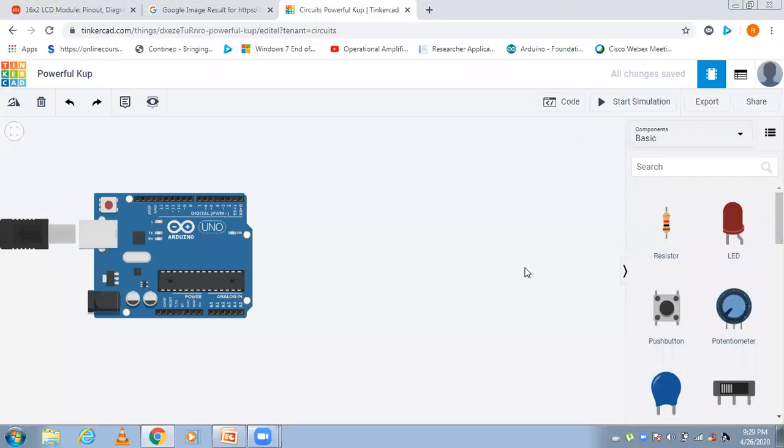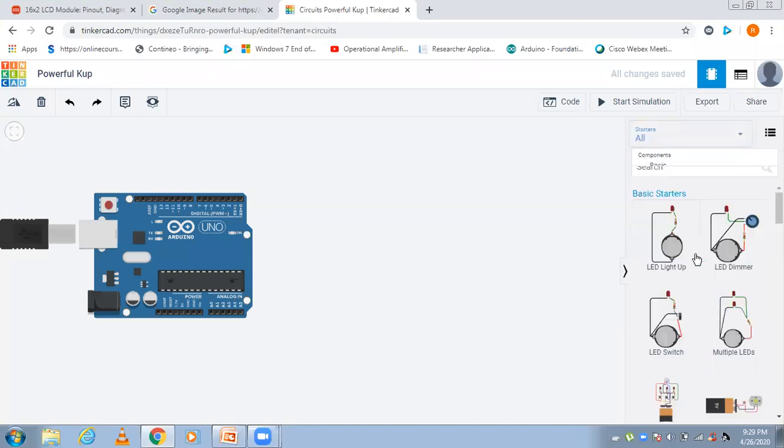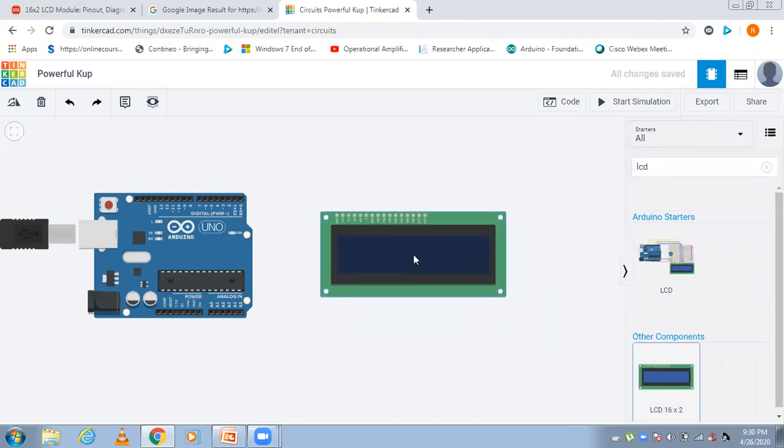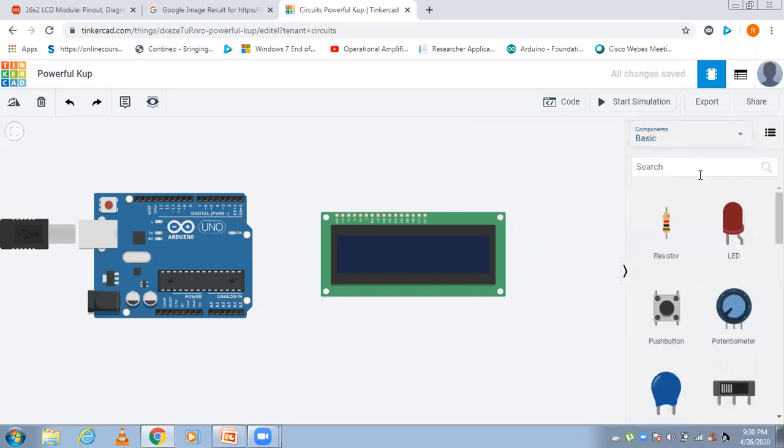Next one, I should select the LCD. Go for this. The next one is all here. Just type LCD here. You will get the LCD 16 cross 2. Just select this one. Now what other components do we require? Just go to this basic. Now pick the components.